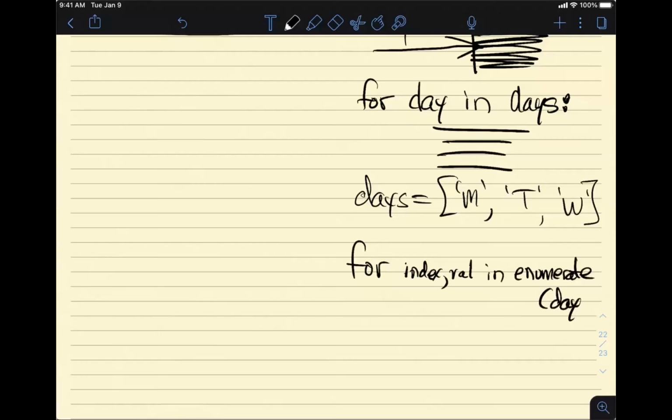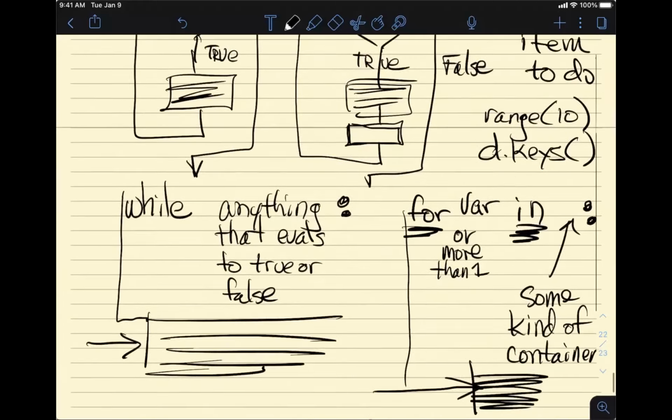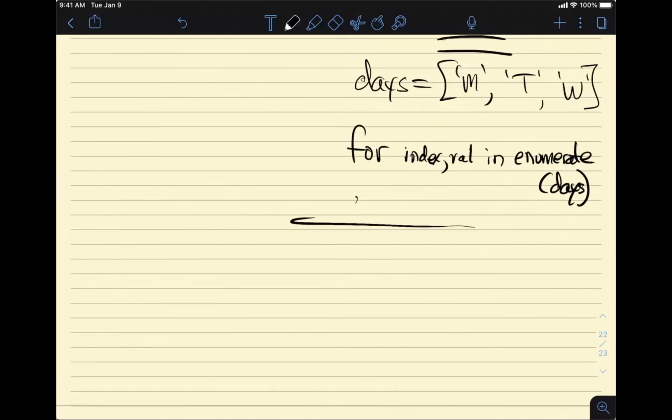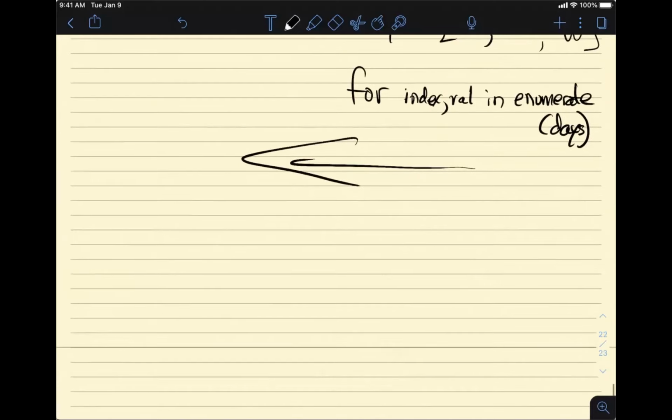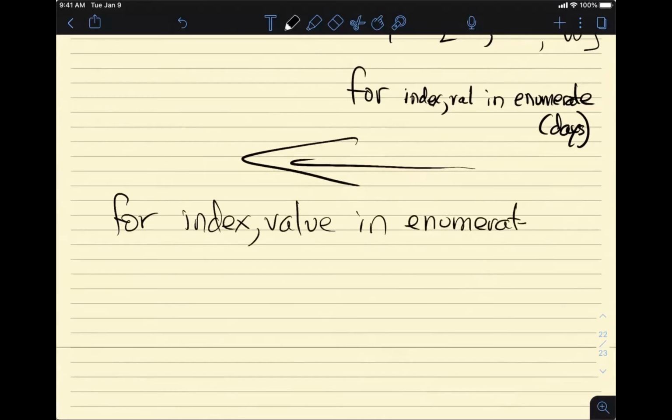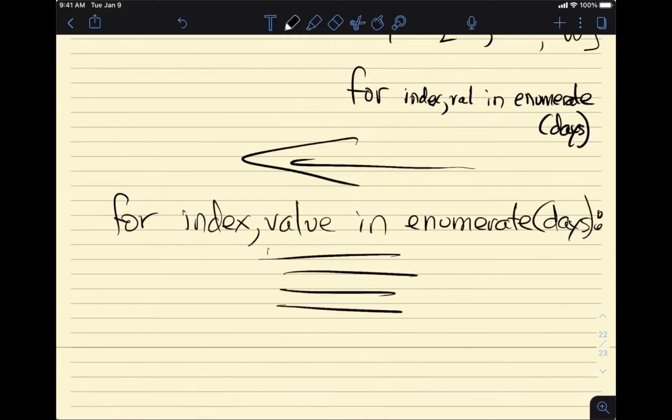I suppose because I am an adult, I was free to choose to start writing over here. So let me just write it over again. For index, comma, value in enumerate days. And notice that these lines of code are indented relative to the for.